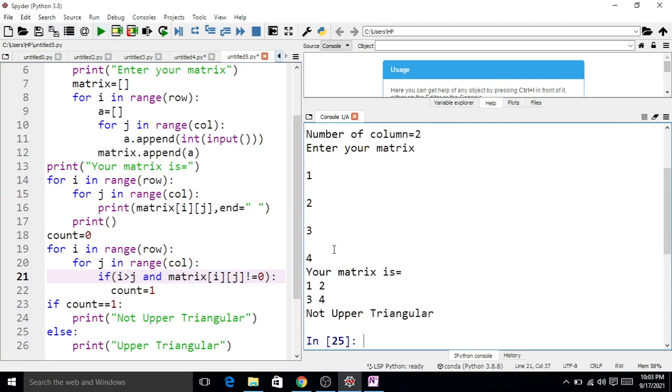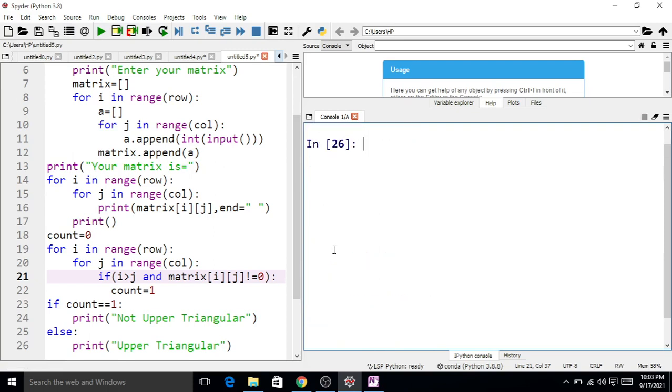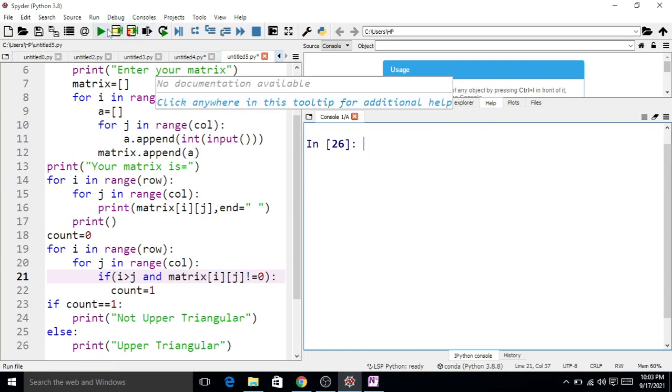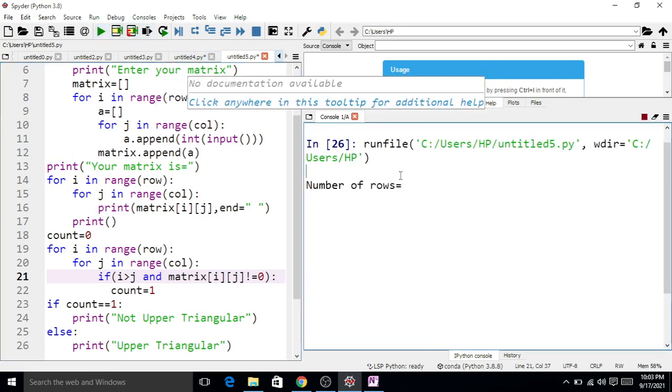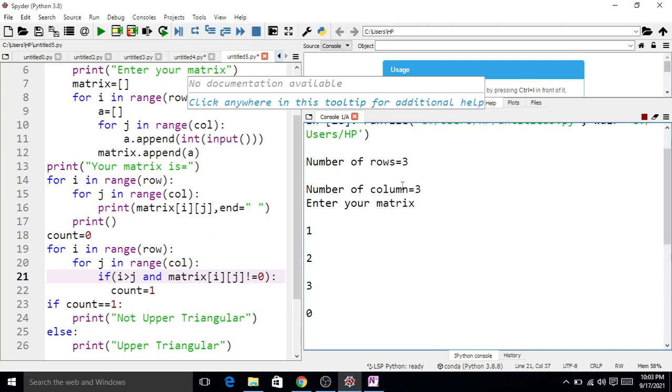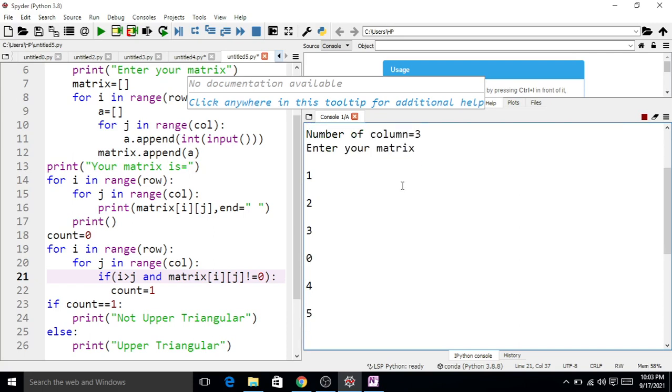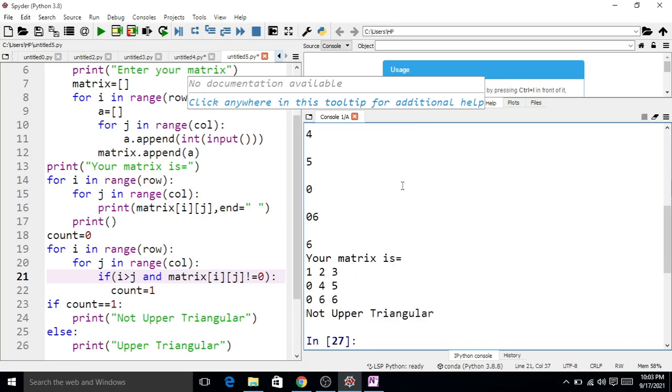Now again if we run one more time, this time we are going to enter a 3 by 3 matrix. Say number of rows equal to 3, number of columns equal to 3, enter your matrix 1 2 3, then 0 4 5 0 0 6, sorry, the matrix is not upper triangular.